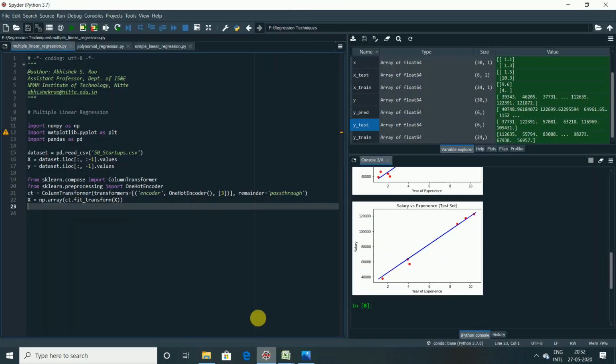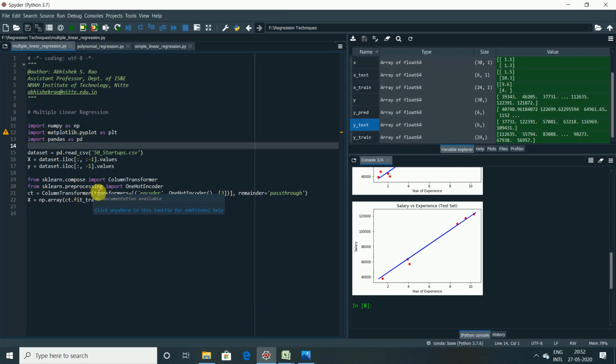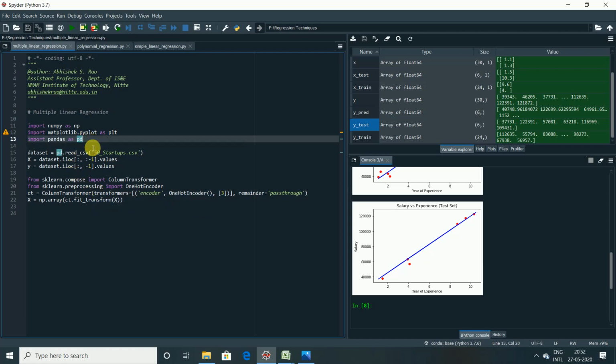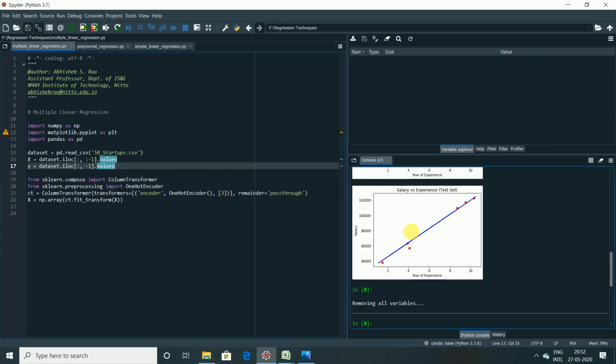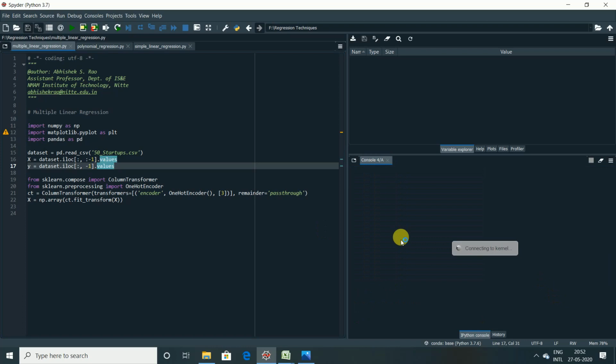Now let us do the same thing. Just to save my time, I copied a few lines of code already. As you can see here, we are done with importing the libraries. We have uploaded the data set, as well as we are done with the encoding of the variable. Let me explain again before I proceed further. Let me erase all the things here so that we get a fresh console. I hope you understand simple linear regression. Now we are moving on towards multiple linear regression. I'm just reconnecting to my kernel. It takes some time to load.